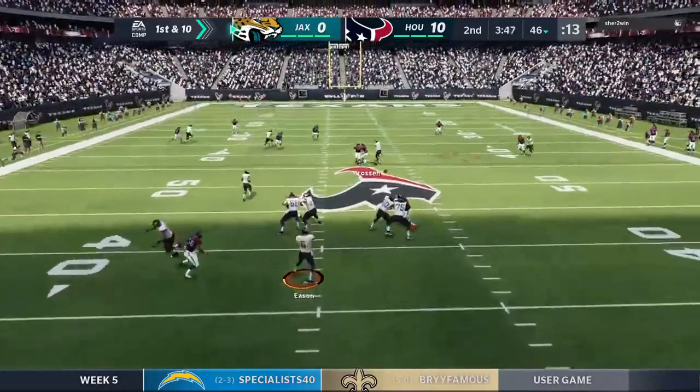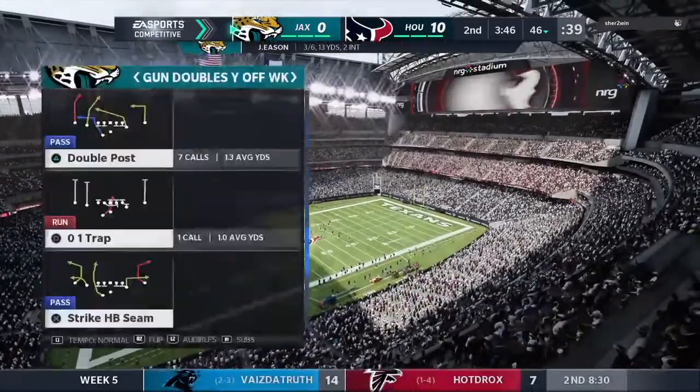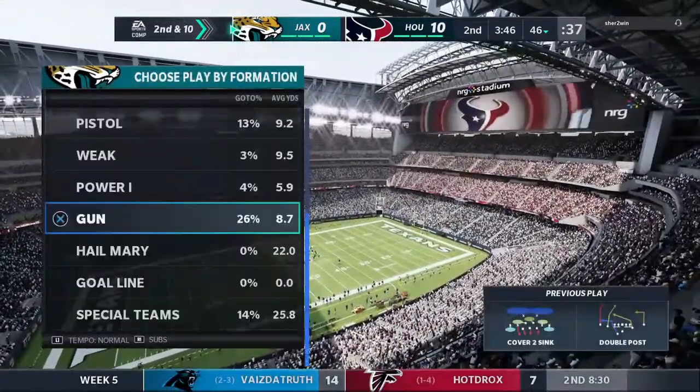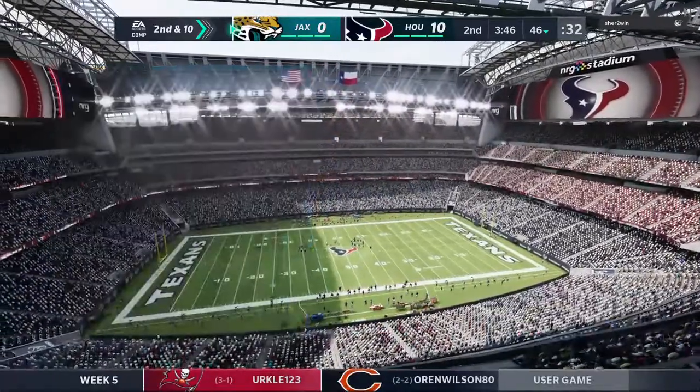From the gun is Eason. And nowhere to fit that football in. It's knocked away and incomplete. Trying to get it there to D.D. Westbrook. And that'll bring up 2nd down. Brings up 2nd and